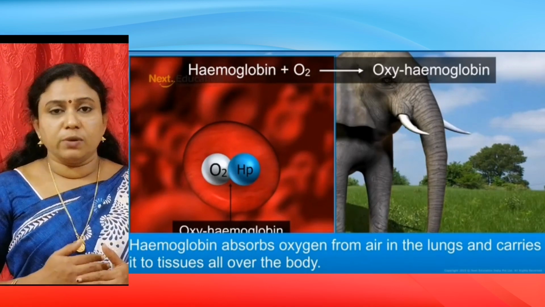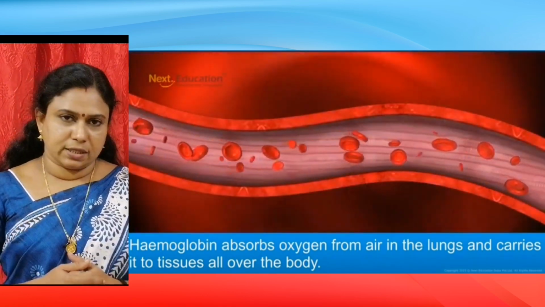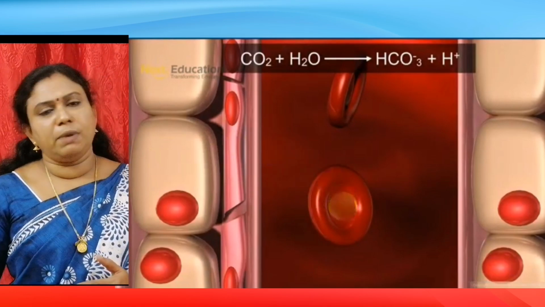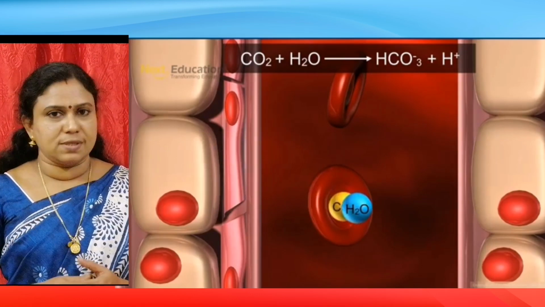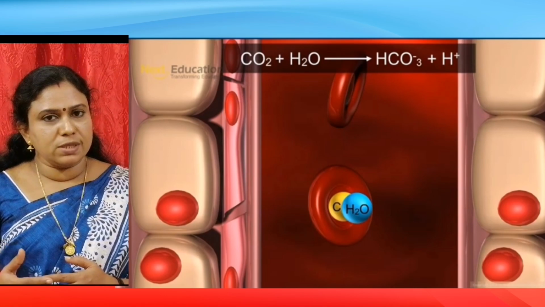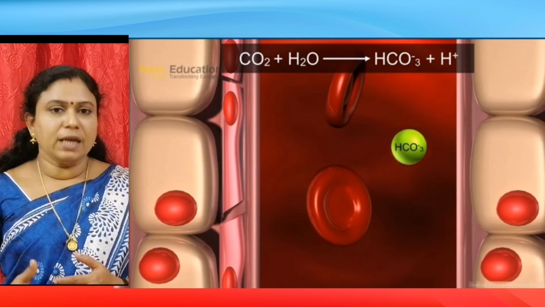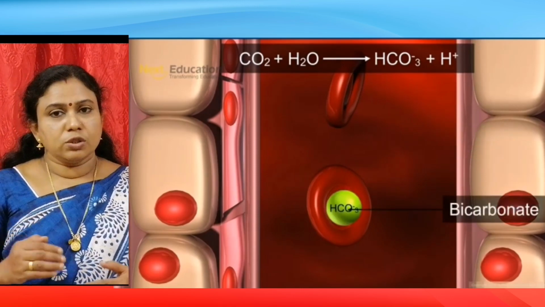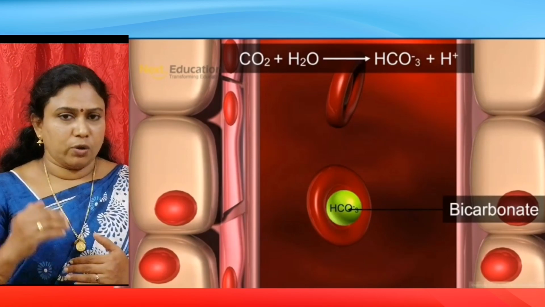And as a result of cellular respiration, the tissues produce carbon dioxide, and these tissues in turn release carbon dioxide into the blood capillaries. This carbon dioxide is more soluble in water than the oxygen. So, this carbon dioxide combines with the water molecules and forms bicarbonate, a dissolved form, and is transported through the blood vessels. And through these blood vessels, the carbon dioxide reaches the alveoli.